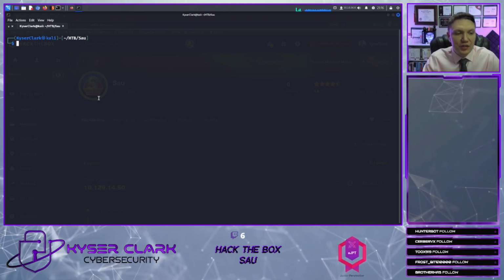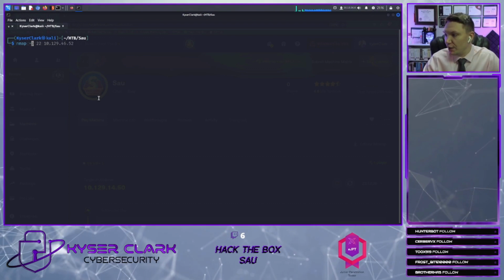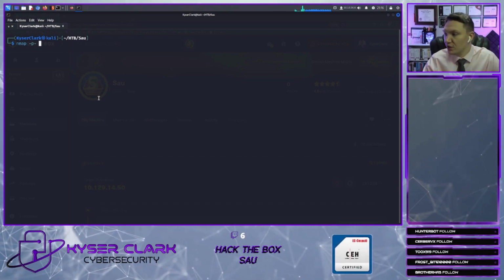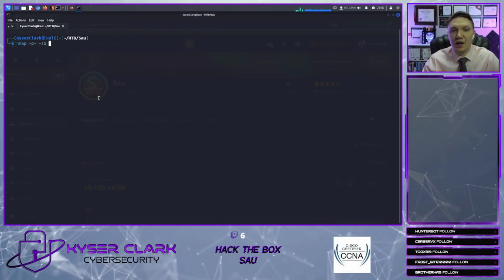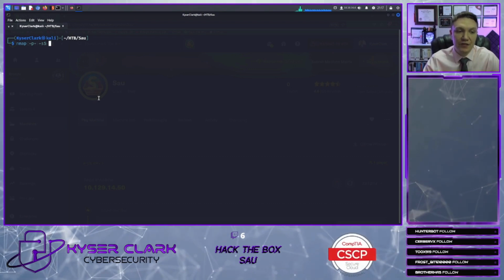Okay, so the first thing we want to do is do an nmap scan. So we want to do nmap, and then we would do -p- for all ports. This will scan all 65,535 ports. And then we'll do -sS, lowercase s, capital S, for a SYN scan. This is not a full connection, so it makes it faster when you do this. Full connection would be a